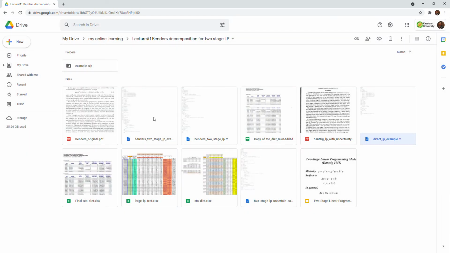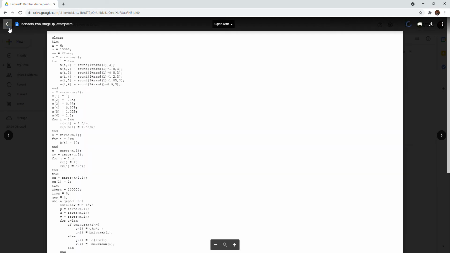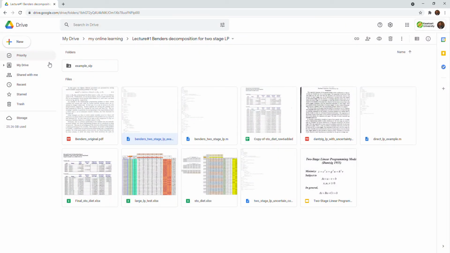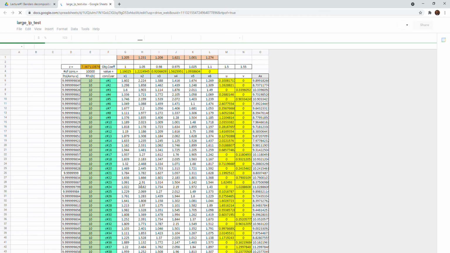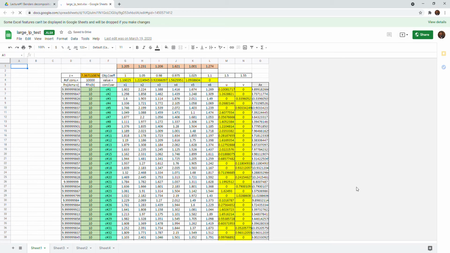Okay, we have two files that we will discuss in this session. We will show you the similarity to what we did in the case of Excel. This file we already explained to you. Okay, first we review what kind of problem we solved. And as you know,